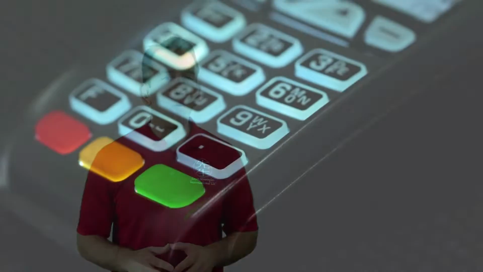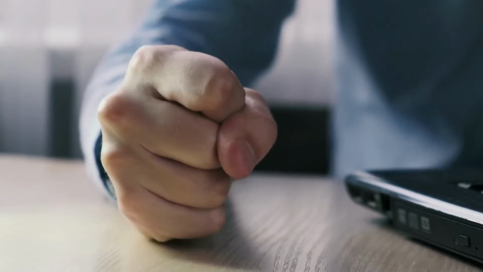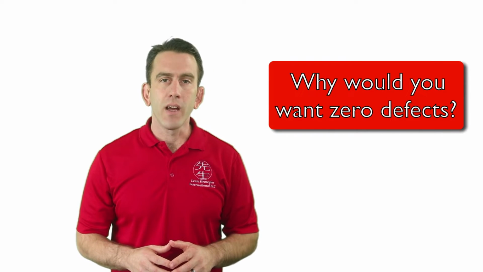But that's only a moment. You buy it, run back home to unbox and set up your new dream toy. You turn it on, and nothing. It doesn't function. Crushed, you return to the store where the owner informs you the product is back ordered and you will have to wait a few months to get a replacement. Why would you want 0 defects?